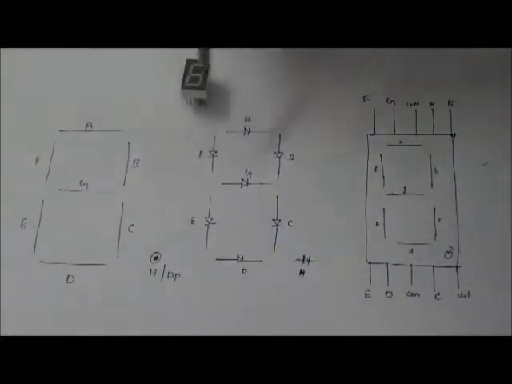Since this 7-segment display is made up of LEDs, the voltage rating may be 5 volts and the current rating 20 milliamps. Coming to the pin configurations,